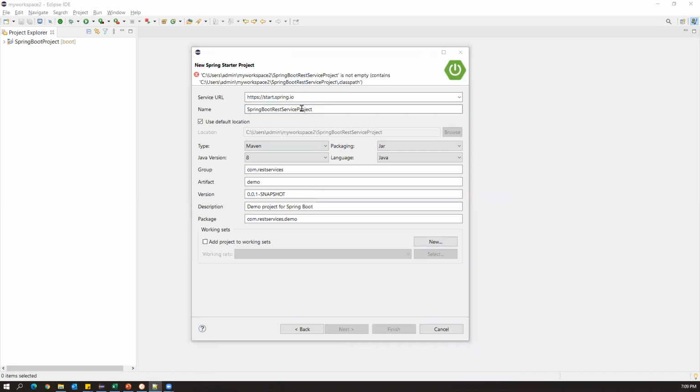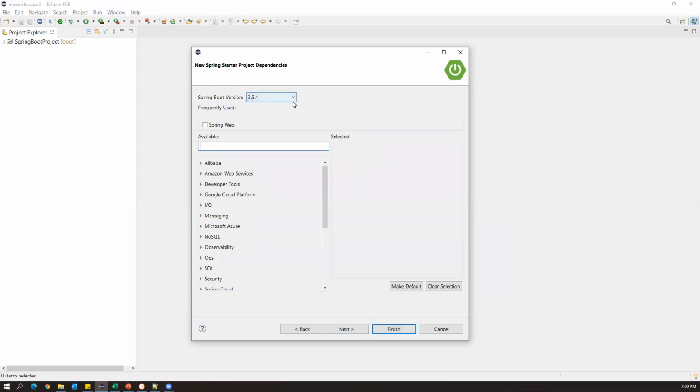Here I'm saying Spring Boot country REST service project. This is the name of the project I'm giving, and this is the workspace where my project is going to be stored. I'm using Maven, the Java version is 8, packaging is jar, and language is Java. If you want to specify a group ID, you can just change it. I'll say com.countryservice, I'm giving demo, and the package name is com.countryservice.demo. Once you've provided this information, click on Next. Here we have to add the required dependencies for our project. Especially for this project, Spring Web is required, which is already populated here. Select this. Apart from this, we also need something called JPA.